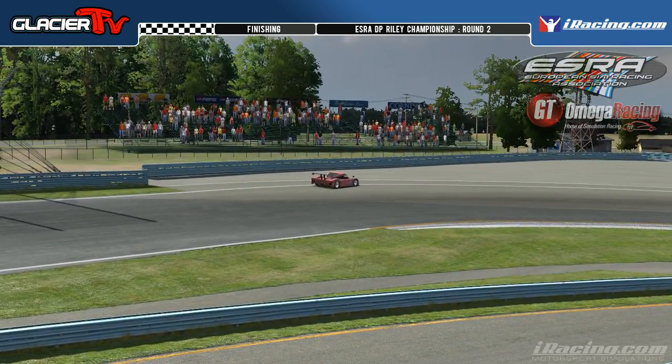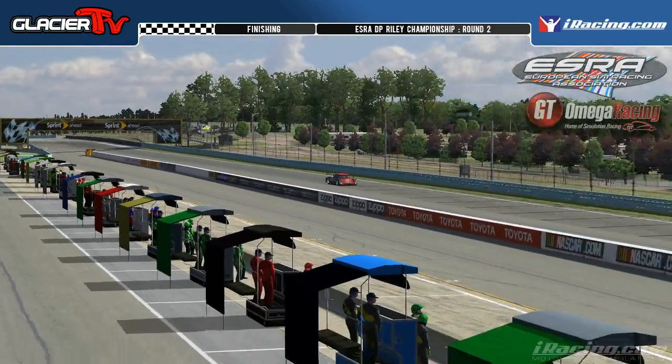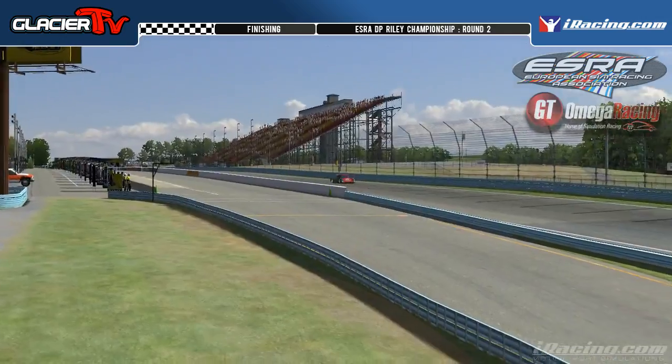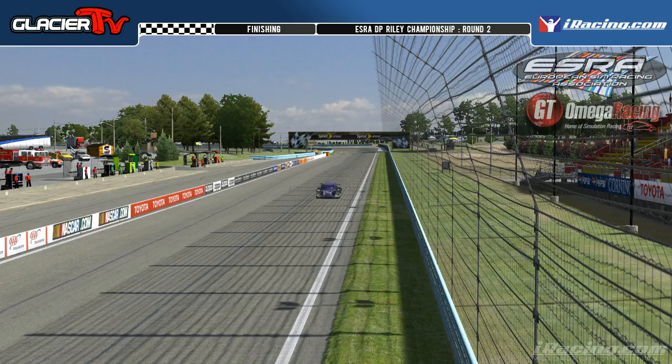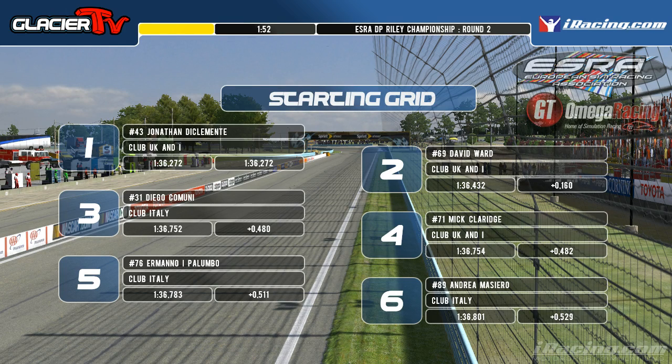Good evening, ladies and gentlemen, and welcome to the second round of the ESRA Riley Championship presented by GT Omega Racing. The checkered flag has just come out for the end of qualifying. A couple of drivers are still trying to improve their times as they work themselves against the clock, and it looks as though almost everyone now has completed their qualifying, and it is Jonathan Dick Clement who scores pole position for